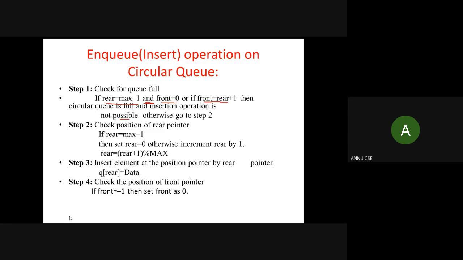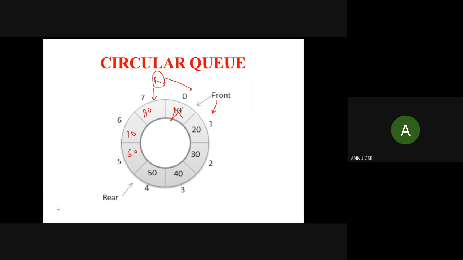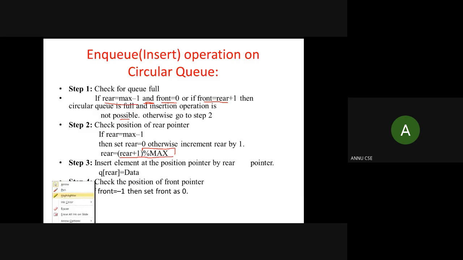Here we have used another formula, by just using this value, rear +1 mod max size. So here we have applied this operation on the updated value of rear, that is rear +1, and we are also using mod max size. What will happen in this scenario we have discussed: if rear is pointing to 7, the new rear should be pointing to index number 0, and we can derive it by using the formula rear equals rear +1 mod max size.